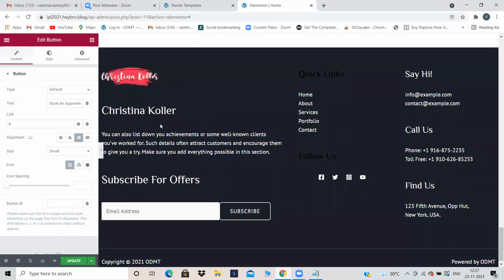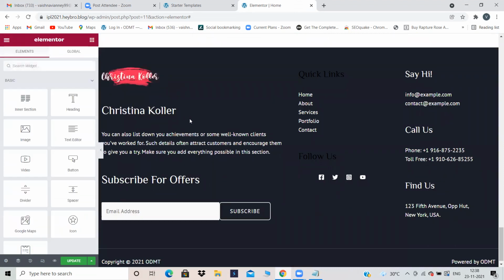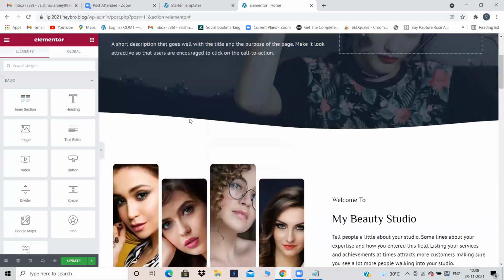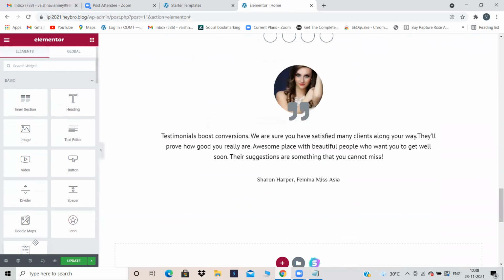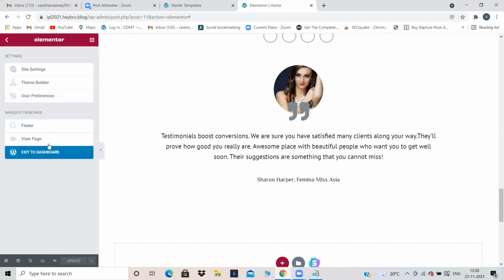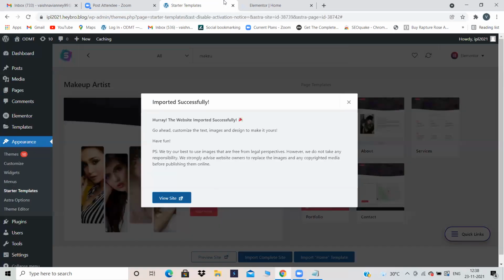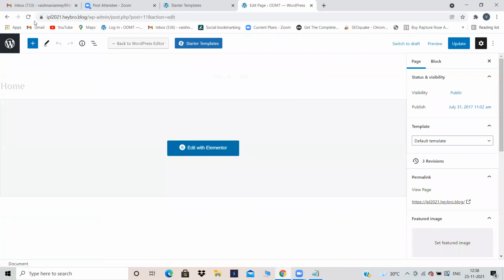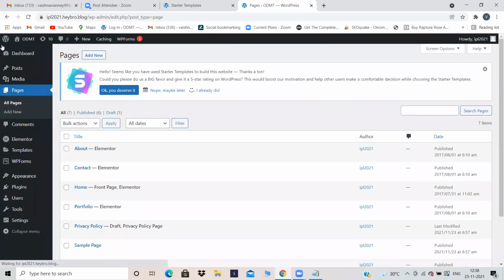But the problem is you cannot edit the footer. Can you observe? I told you, right? Generally, 90% of the time you will not be able to edit the footer. At that time, what you have to do is go to customize and edit the footer. It's still not been uploaded. Just go back, exit to dashboard. Then WordPress. No matter whether it's footer or site title or anything, if any option is not working in Elementor, then go and do it in WordPress customize. That's it.